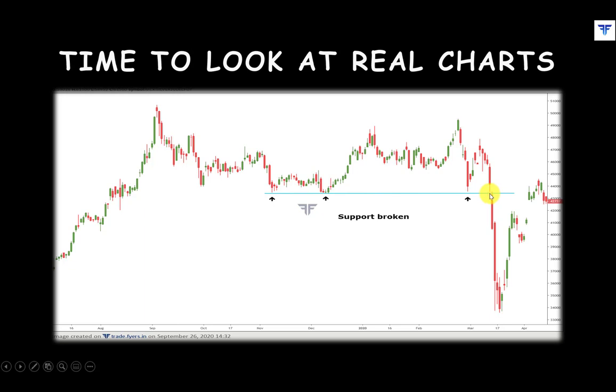Notice how sharply the price fell following the breach of the support before regaining some ground going forward. This chart illustrates that one should not blindly buy at a particular support level. Instead, one should wait to see how price trades near a support before deciding to pull the trigger. In the case of this chart, notice that the break of the support was a good opportunity to go short.